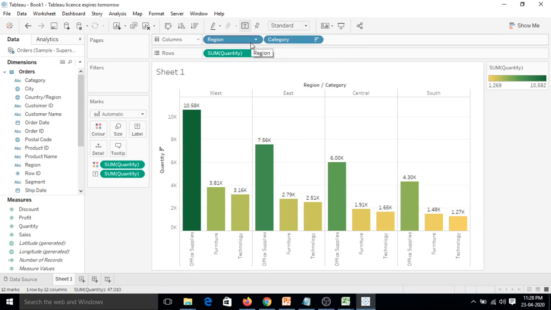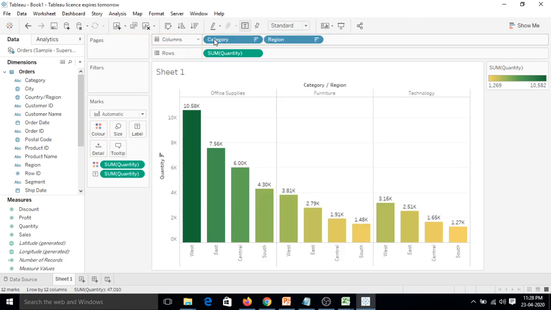We can do one thing: either we can see the regions by category, or by just placing these two dimensions here and there, you can now see within office supplies how much was sold in which region, and how much furniture was sold in which region.